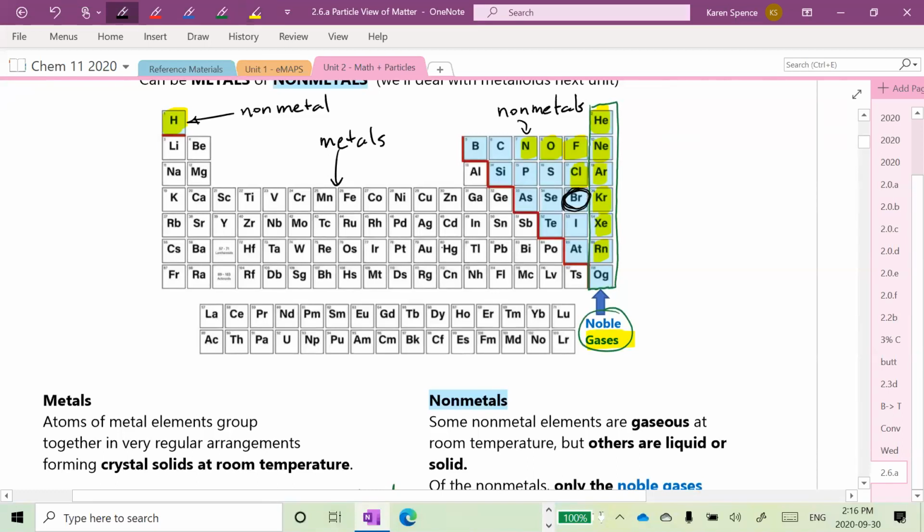So the only two liquids that we have at room temperature, mercury,